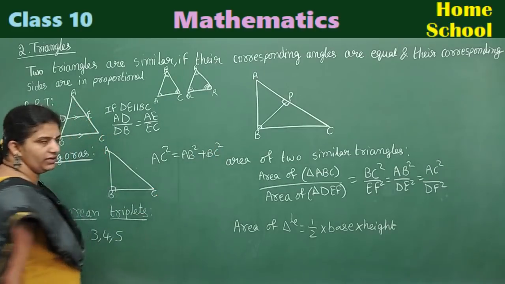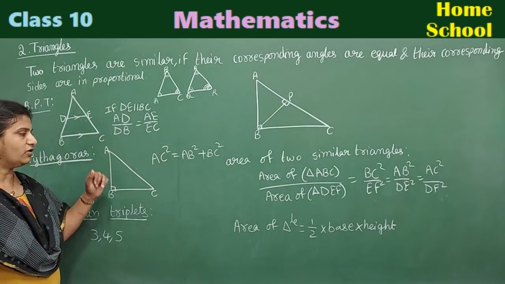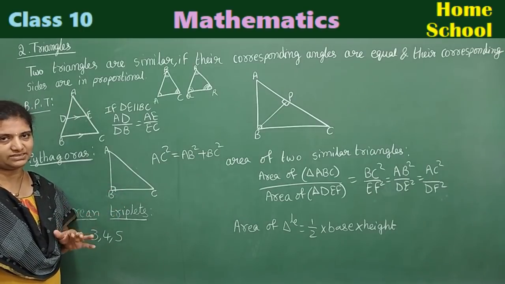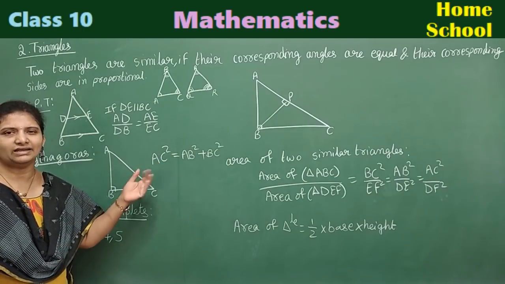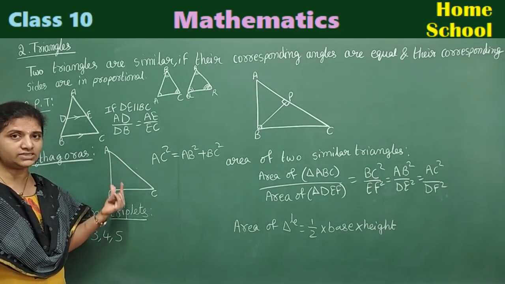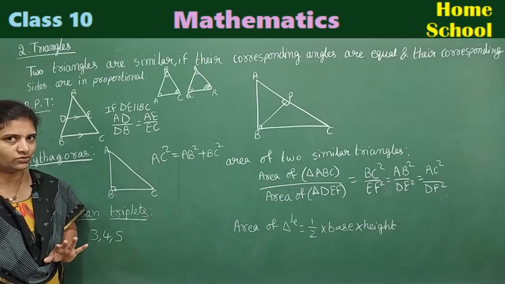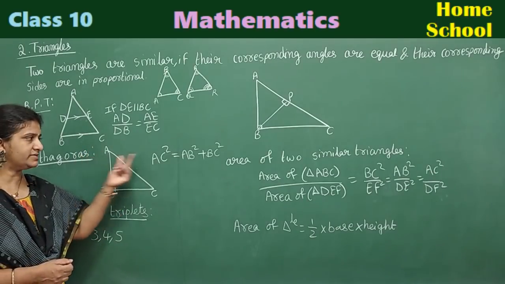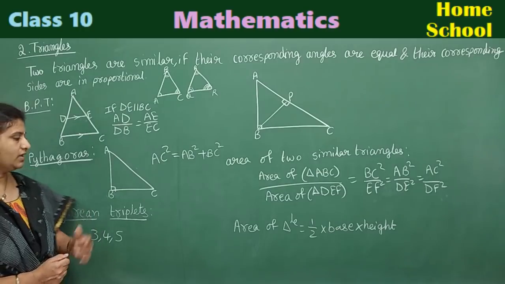That is your statement. They may give you the value of any two sides and ask you to find the missing side. You can use this formula directly. What is that? Hypotenuse square is equal to the sum of the squares of the other two sides. According to the given right triangle letters, you need to frame the formula.